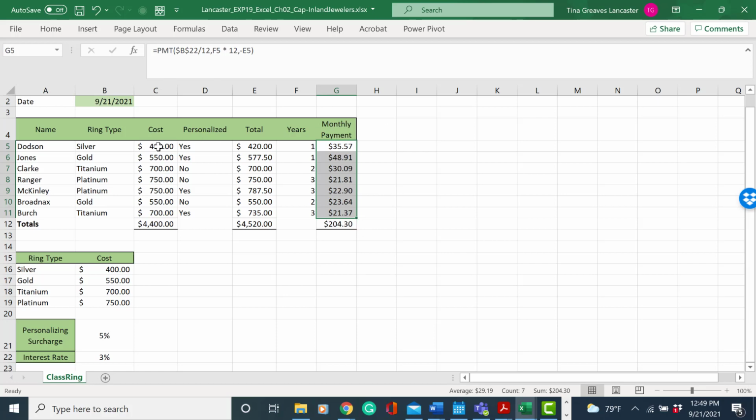So we did a lookup value for cost, an if statement for the total, and the payment function for the monthly payment. As always, if you get stuck, you have problems, be sure to